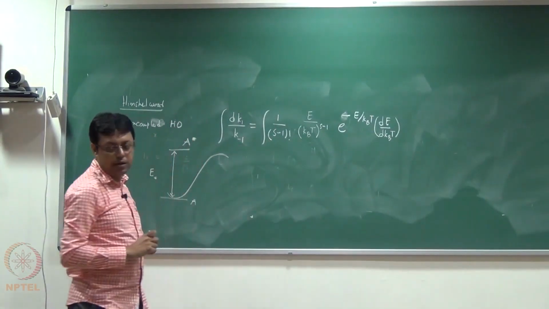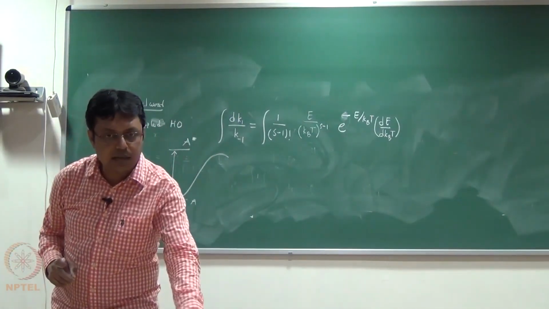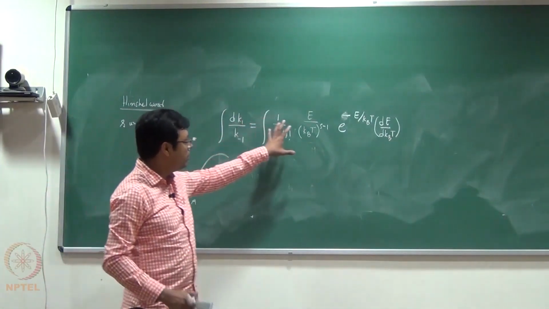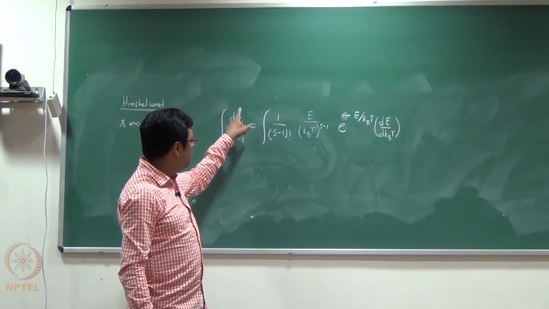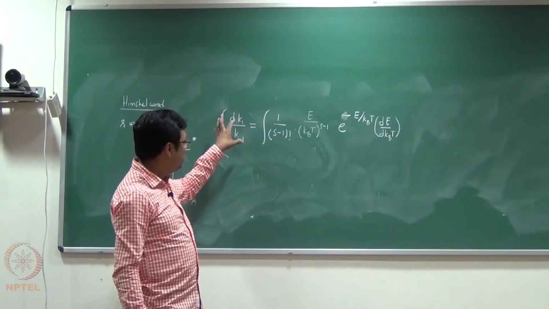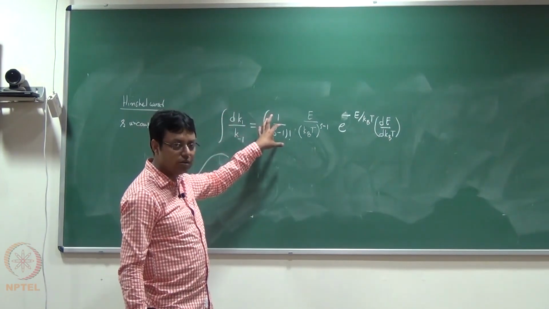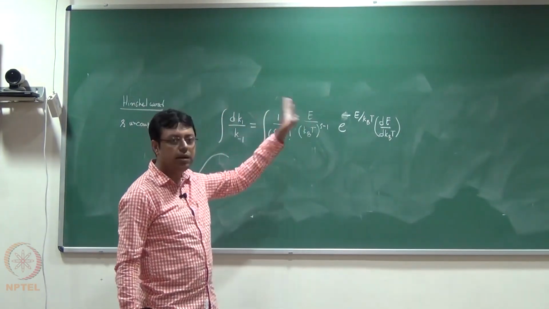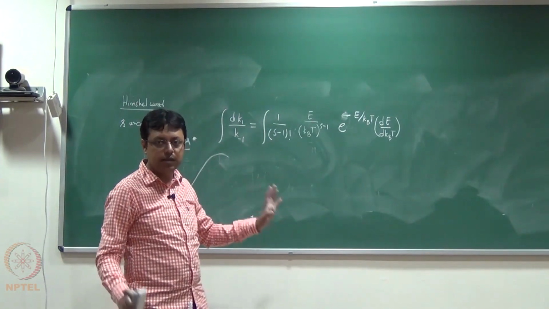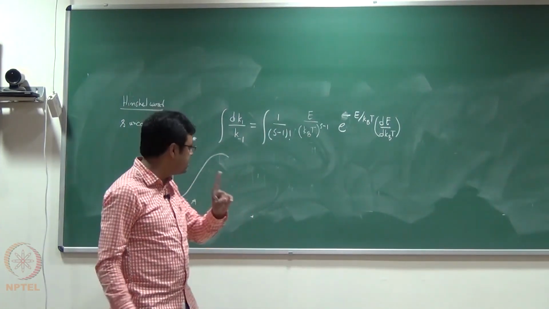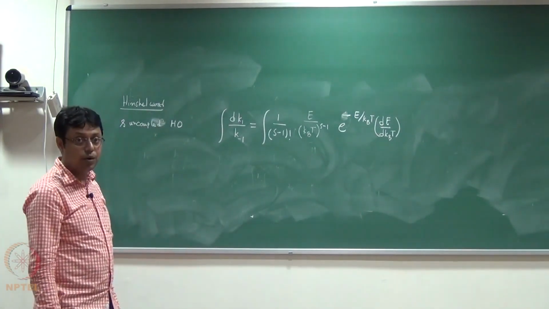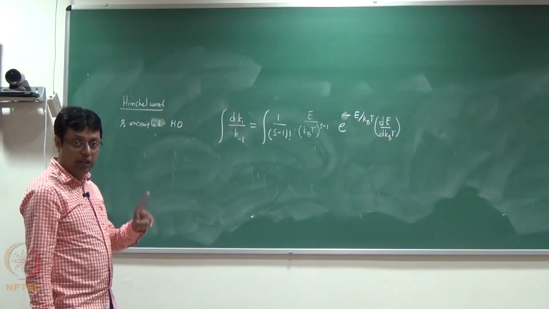Now here's the catch. Hinshelwood said, okay, fine, look, this is what we have computed. We have computed basically what is the fraction of the molecules, how the energy is partitioned among the S harmonic degrees of freedom. That's it. But the necessary condition is that the reaction will happen if and only if